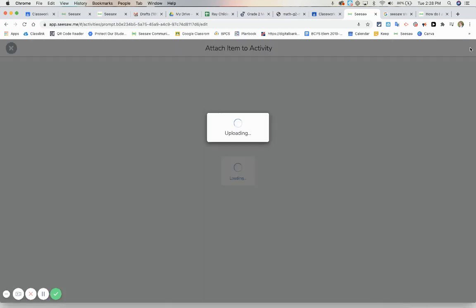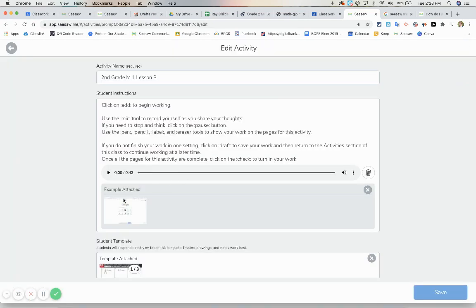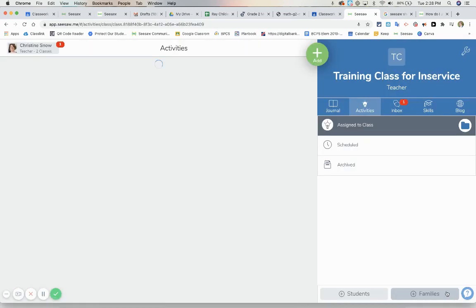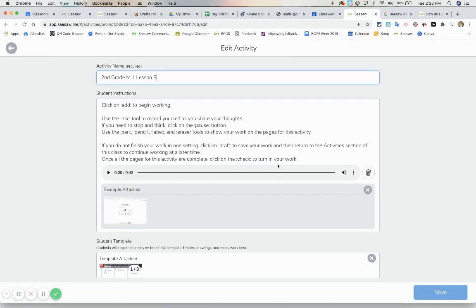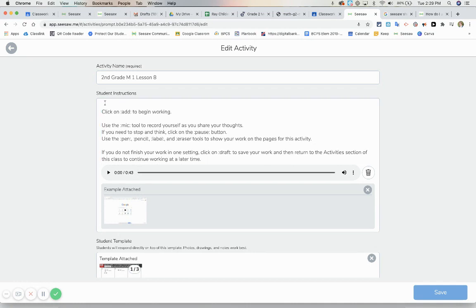When I hit this send button, that it's good, it's going to show up at the top as a directions video. And then when the students see the activity, the video is off to the side that shows the directions. The directions are here. They can listen to my voice. They can watch this video to show them how it works. And then they would begin to click on add response. I do probably want to edit the activity and change the directions. Add something about click on the